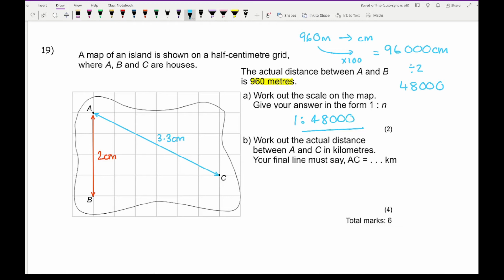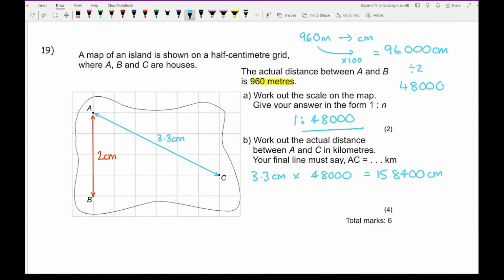It then says work out the actual distance between A and C in kilometers. So for this, I know it's 3.3. So if I do 3.3 centimeters, I then multiply that by 48,000. Let me just type that into my calculator. So 3.3 multiplied by 48,000,